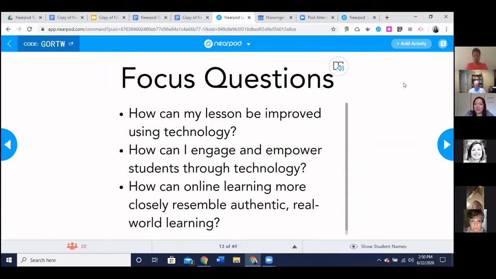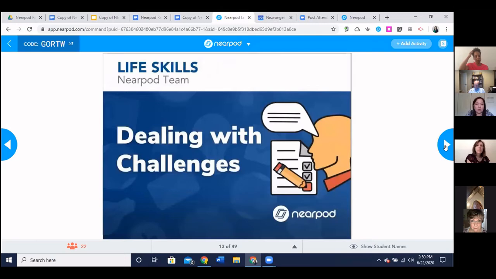As we're looking through this lesson, which would be used with middle school students, I would just like you to think about how your lesson can be improved by using technology. How can you engage and empower students through technology, and how can online learning more closely resemble authentic real world learning? So what are some of the features that Nearpod has that make this possible? And the lesson is about